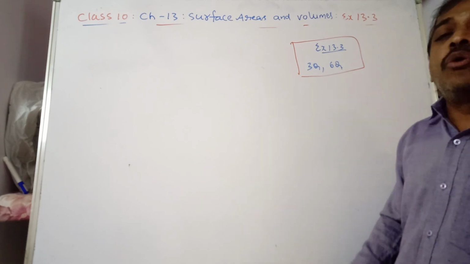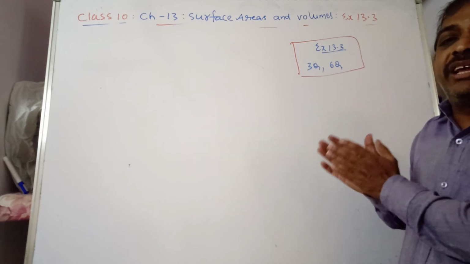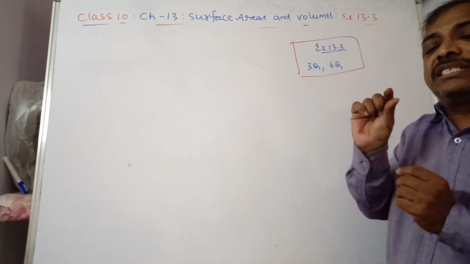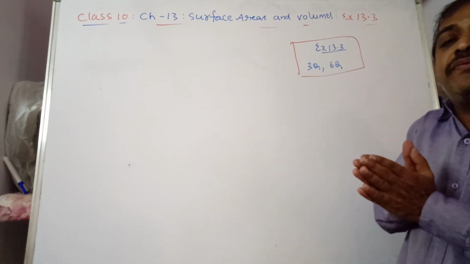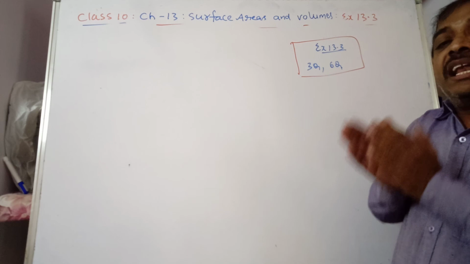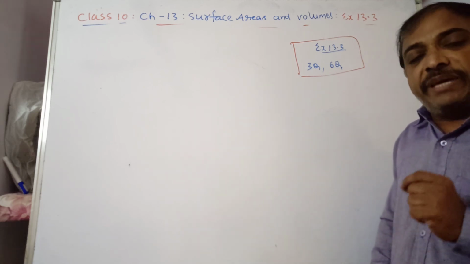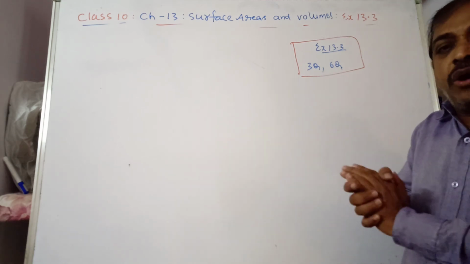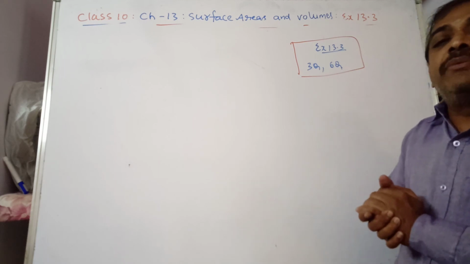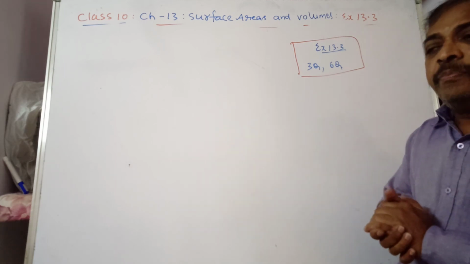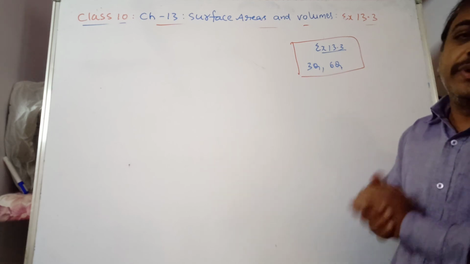And question number 6: how many silver coins are required to make a cuboid? Cuboid measures are given, L, B, H, and the silver coin's thickness is nothing but its height. So the volume of the cylinder is the volume of one coin. Let the number of coins be n, and n into the volume of one coin is equal to the volume of the cuboid. If you divide the volume of the cuboid by the volume of the cylinder, that is the coin, you will get the number of coins required to form such a cuboid.